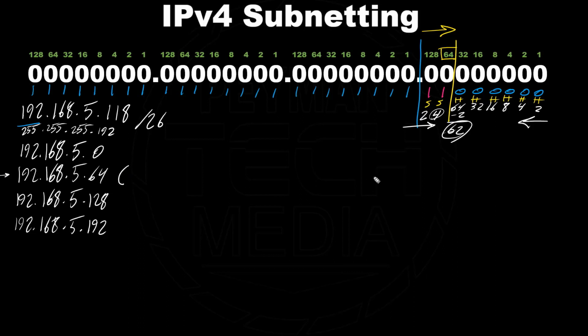So let's write down the broadcast. If this is the network address here, the broadcast address for this network address would be one less than the next subnetwork address, right? Always, the broadcast address is one less than the next subnetwork. So the easiest way to find the broadcast address is basically by incrementing. Here we can see we were incrementing by 64 on the last octet. So 64 plus 64, 128. So this is our next subnetwork. One less than 128 would be 127, right? So that's the broadcast address,